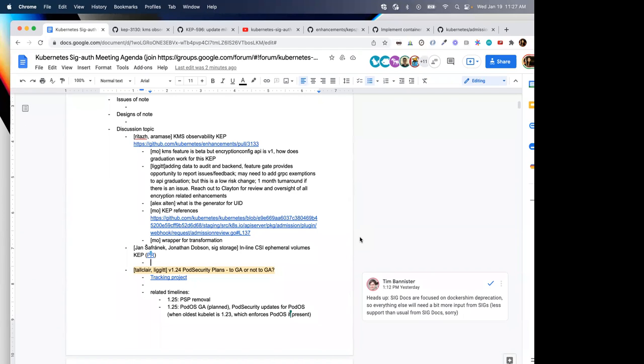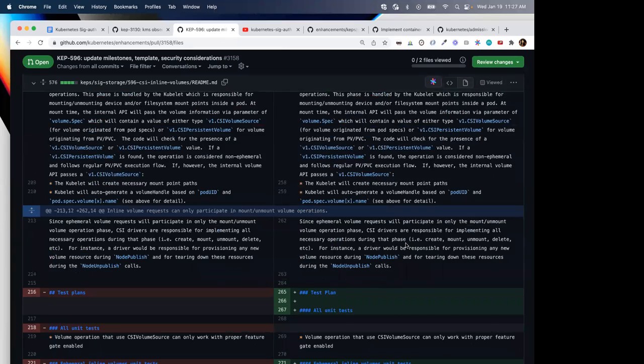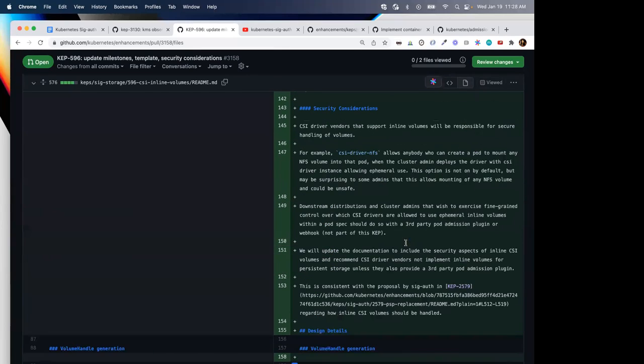The problem with that is that people use in-tree NFS volumes inline in pods today. They will not have that possibility with the generic ephemeral volumes with PVCs because they need to specify the NFS share they need to use. They want to use the NFS mount basically. And that's not possible with generic ephemeral volumes, because they create PVCs and you can't tell what you want. You get something provisioned for you based on the storage class.